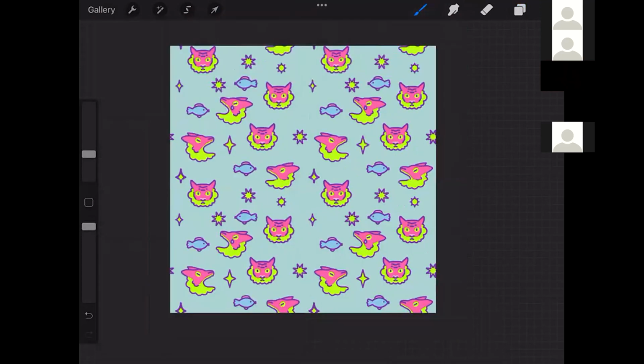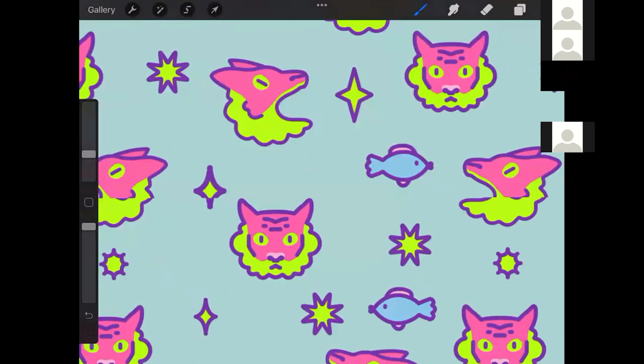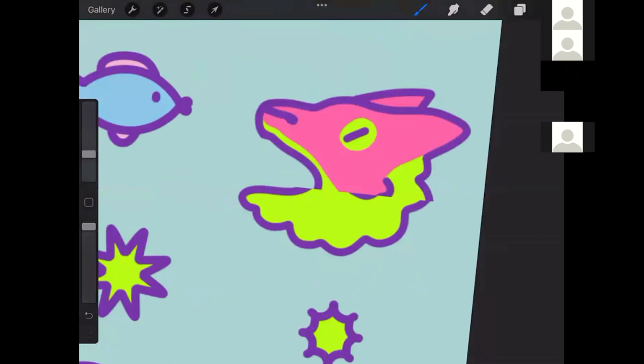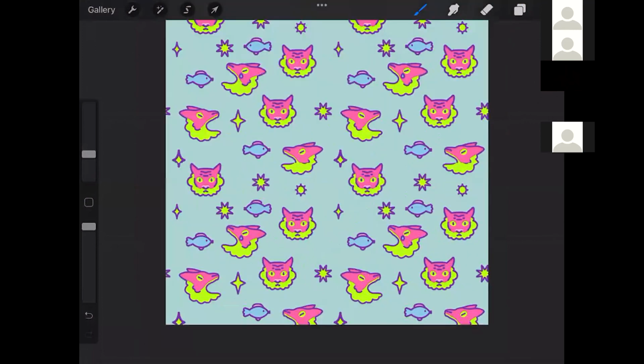So you can kind of see over here how it's cut off. It means that when I moved each layer, the top half in this case, I screwed up a little bit. I didn't align it perfectly in the middle. So that's something to be careful of if you ever want to create a repeating pattern. But other than that,